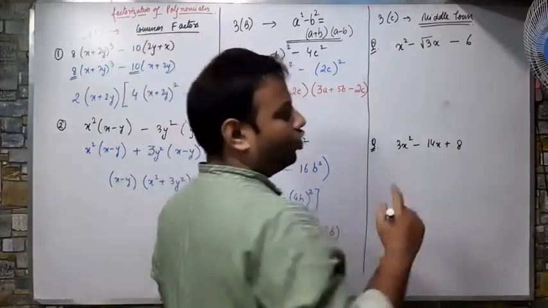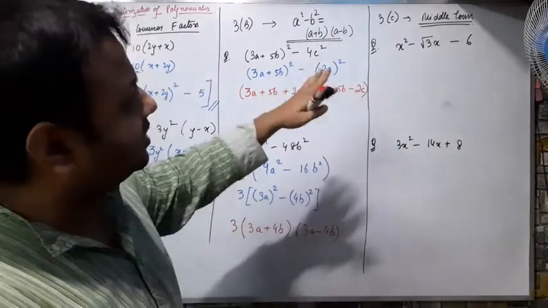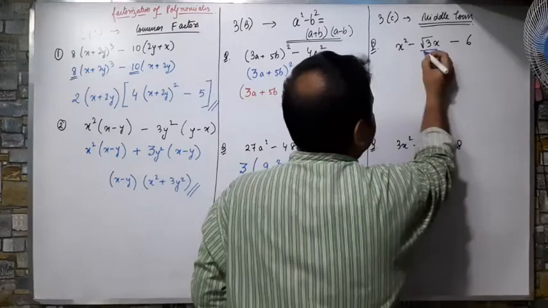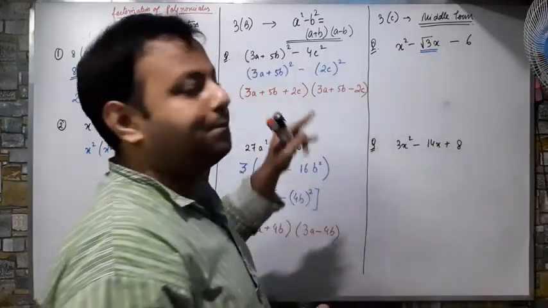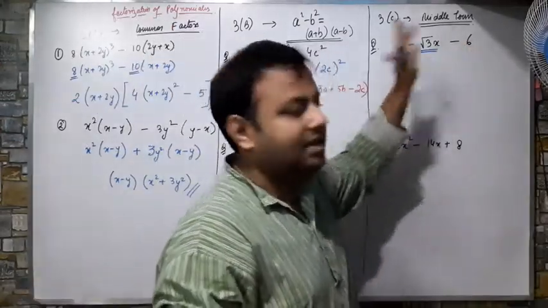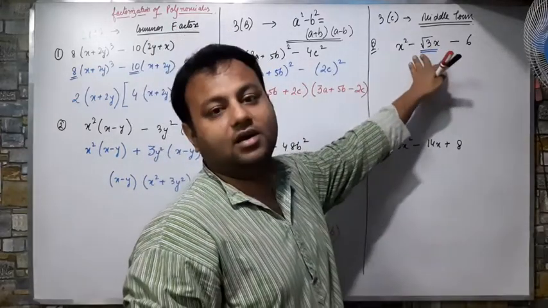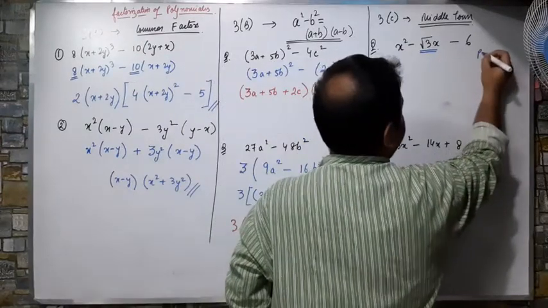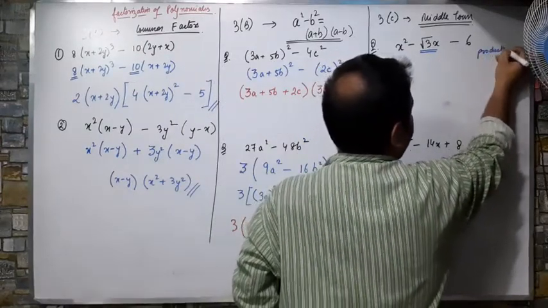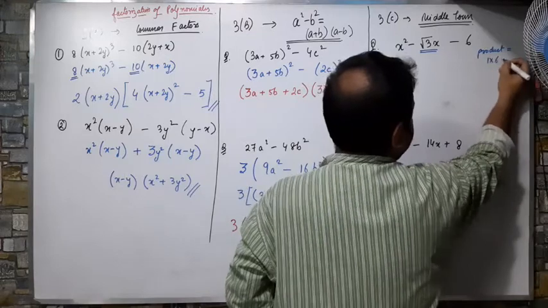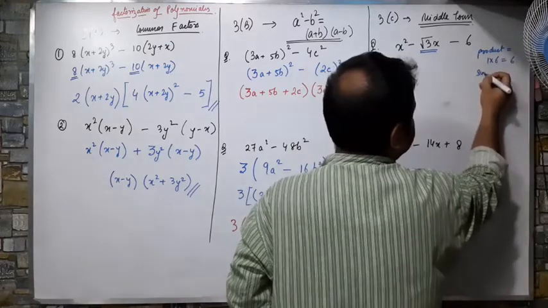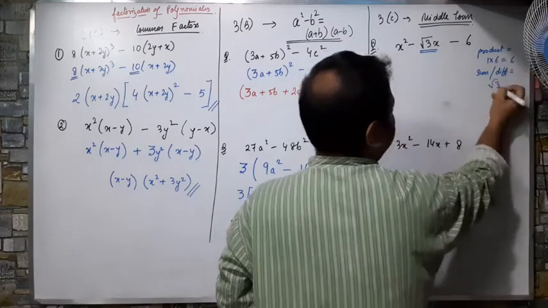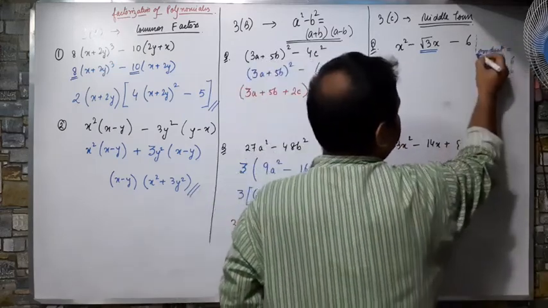First, I told you there is a middle term. What is the middle term? Middle term means you have to divide this one in such a way that the product will be the first and the last one and the sum will be the middle one. You have to find two numbers such that the product is 1 into 6, that is equal to 6, and the sum or difference equals root 3. So what are those numbers?